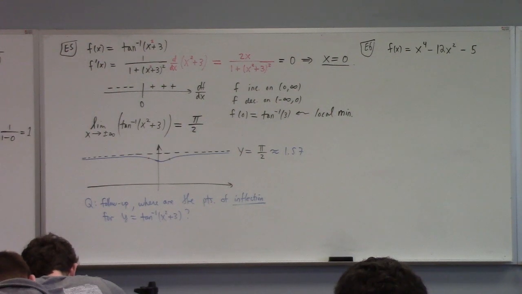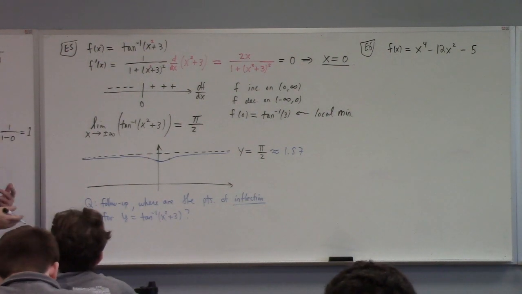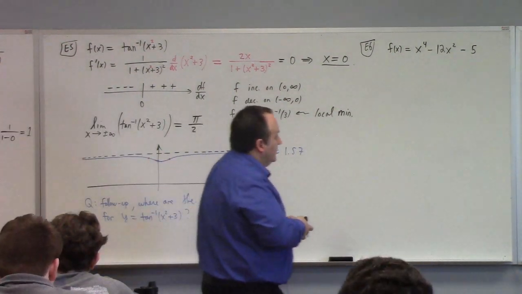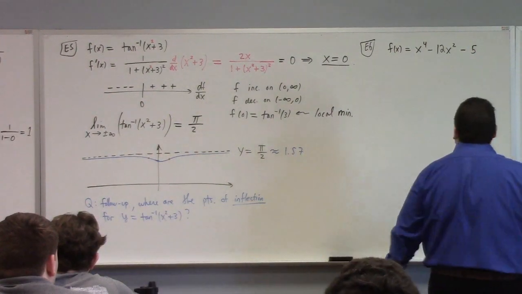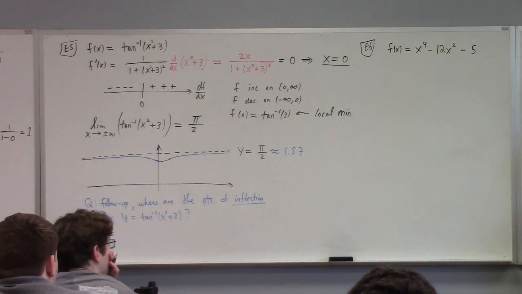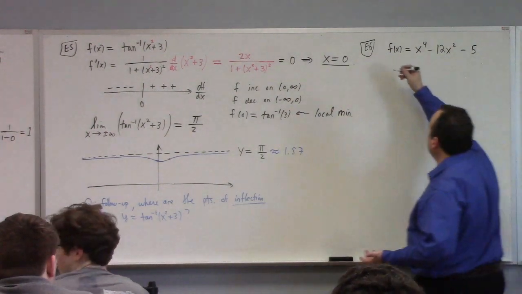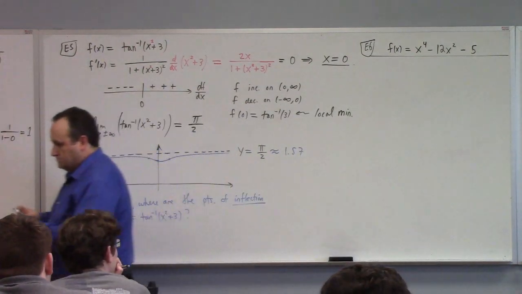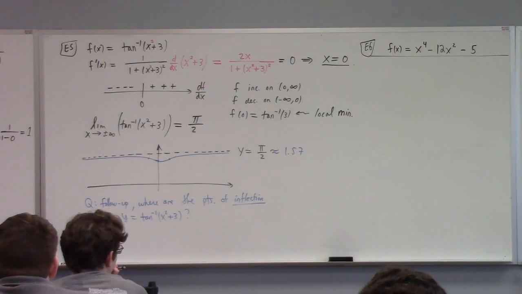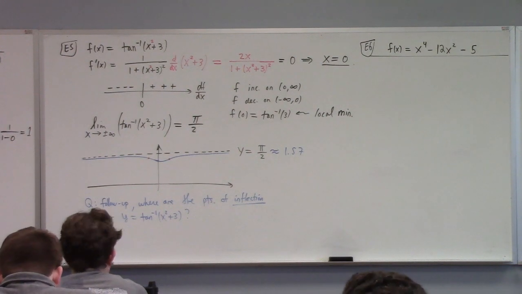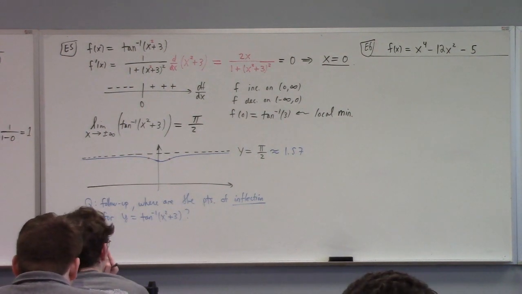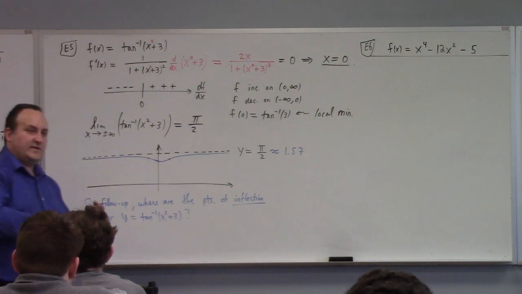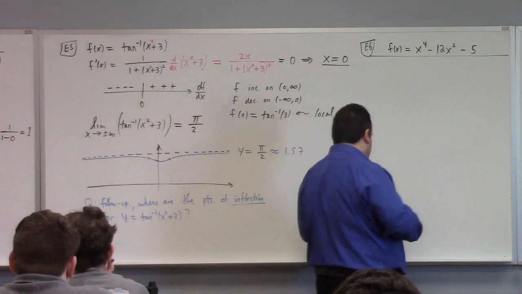So I don't think the zeros of this function are particularly nice. You could complete the square in x squared and figure out where this is 0. Would you guys want me to do that? Probably wouldn't hurt to see that. So before I even get into the calculus, where is this function 0? We want more than that. We're trying to figure out not just where the function's 0, we want to figure out where the function's increasing, where it's decreasing. We'd like to find what are called the turning points, right? The turning points are exactly the local mins and maxes.